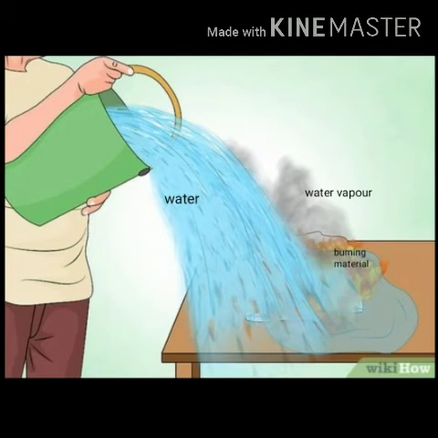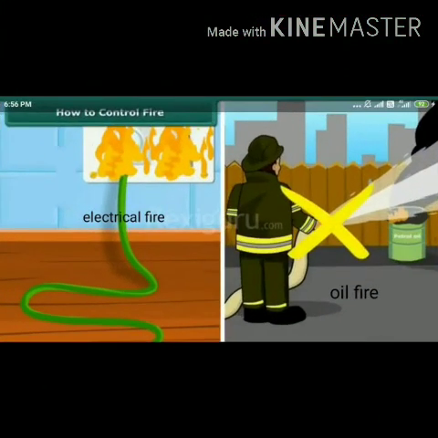Secondly, you all know, when we throw water on a burning substance, water vapor is produced due to the heat of the fire on water. This vapor will surround the burning material and help in cutting off the supply of air. So students, water works in two ways to control the fire. Firstly, it will bring the temperature of the burning material below its ignition temperature. And secondly, the water vapor forms a blanket around the burning material and thus cuts the supply of air. Okay. But students,